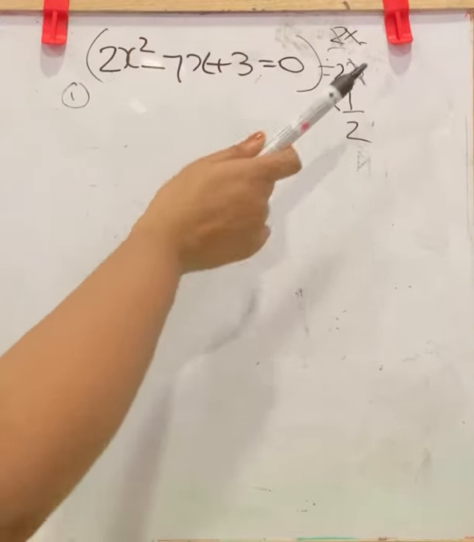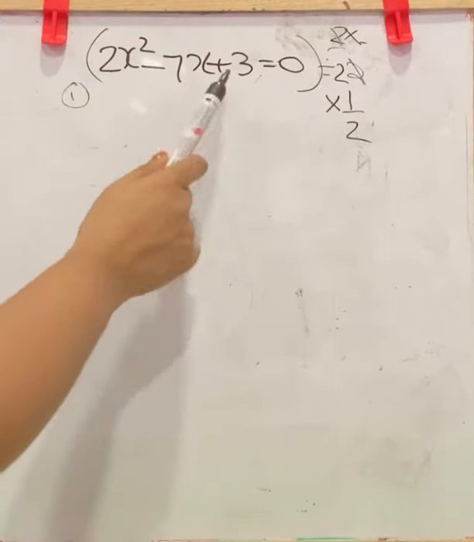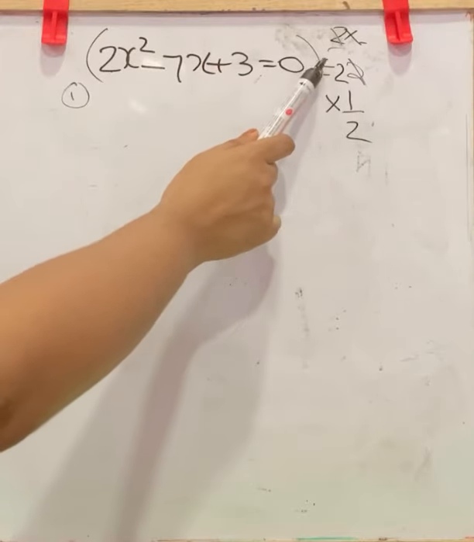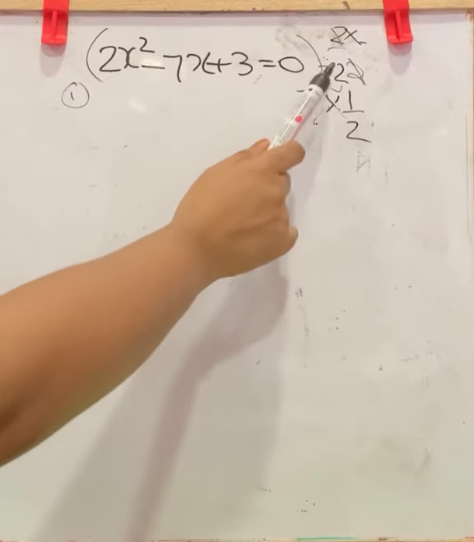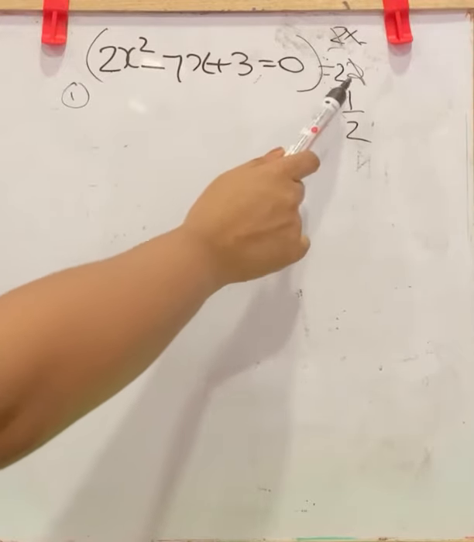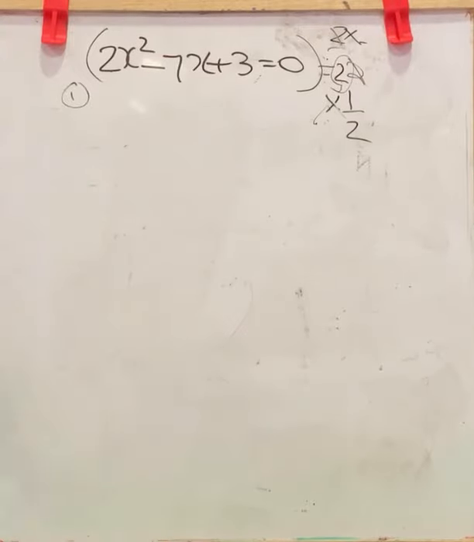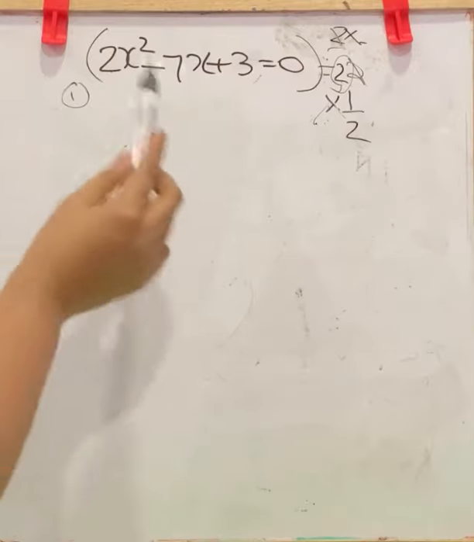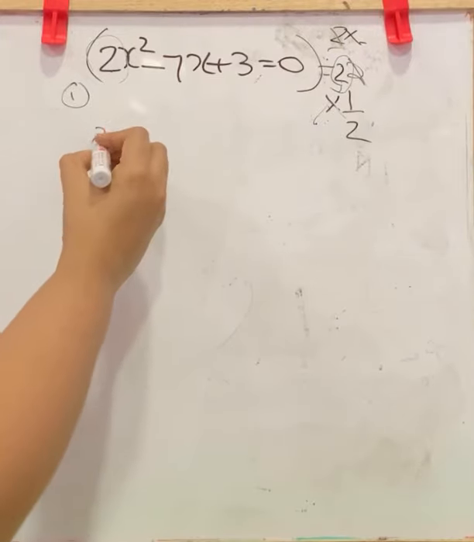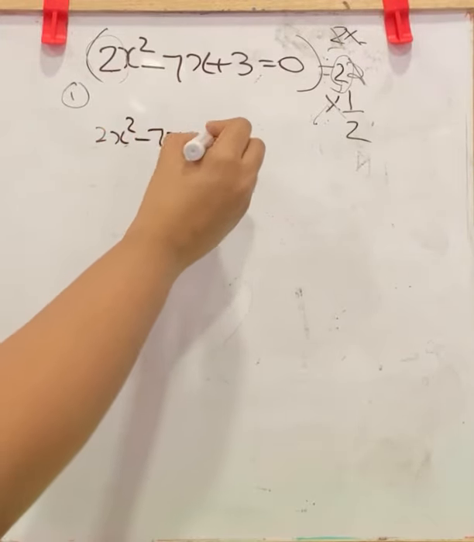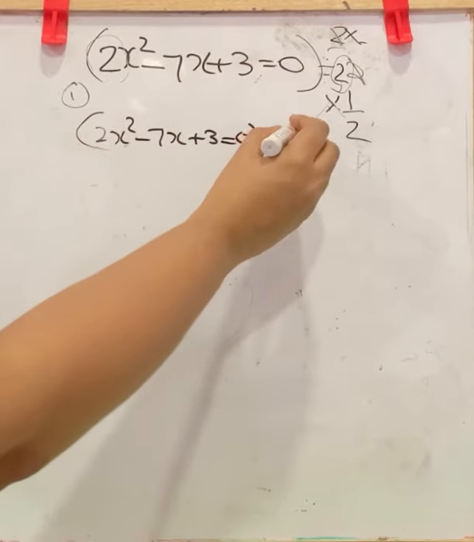Division by 2 means it changes to multiplication and 2 becomes its reciprocal. I will repeat it. If we want to divide an equation or number by any number, you can change this division to multiplication, and whenever you convert division to multiplication, you take the reciprocal of the given number. That means division by 2 changes to multiplication by 1 by 2. So for this whole equation, we are multiplying with 1 by 2 to cancel this 2 from the coefficient of x square. So this becomes (2x square minus 7x plus 3) equal to 0, whole into 1 by 2.